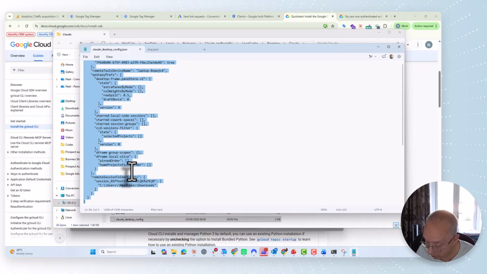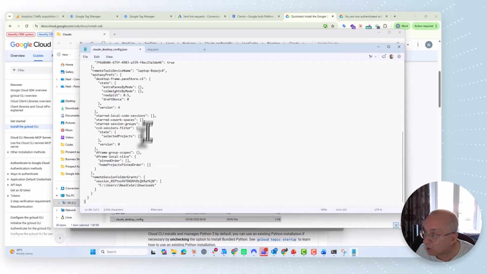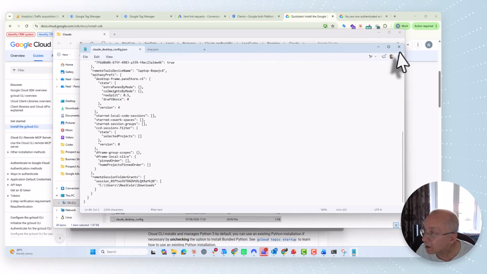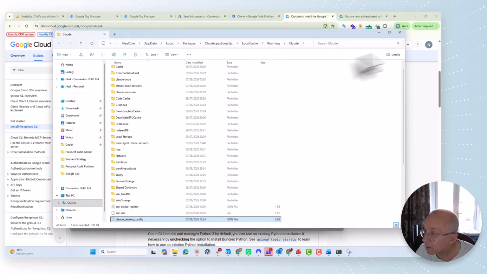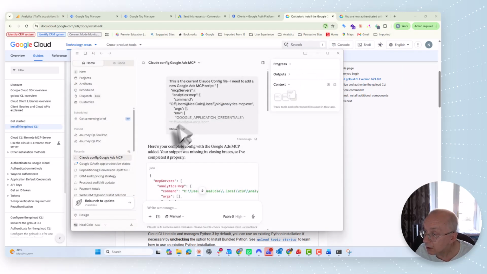We can now delete that existing one, paste in the new one, and then we need to do File, Save, and close it fully. So make sure you do File Save, because otherwise if you close it, that's why it doesn't save it properly. And then we can close this down, close that, and then we need to close Claude